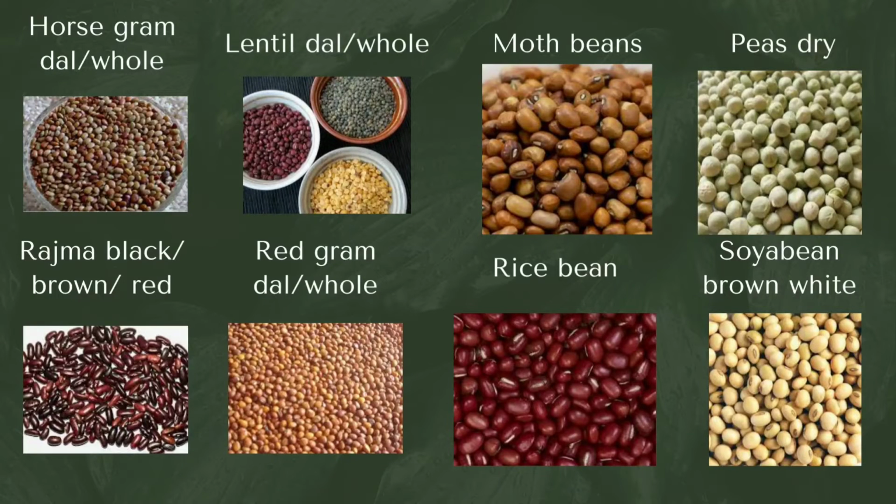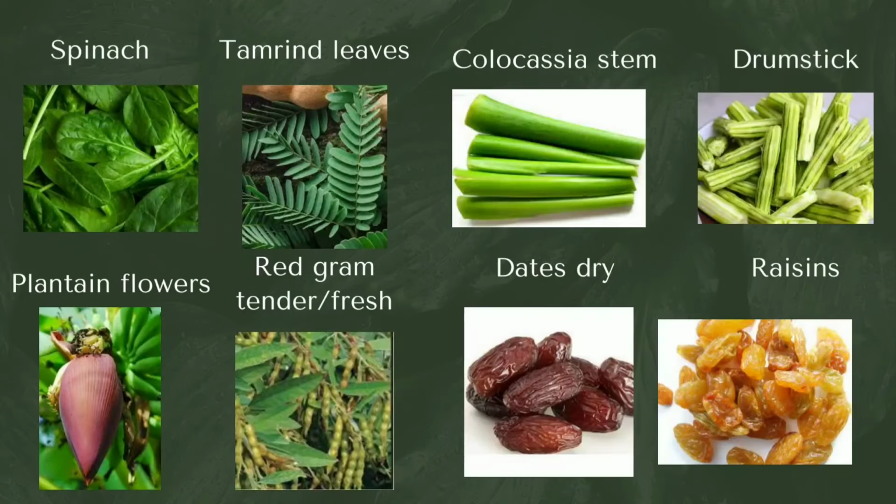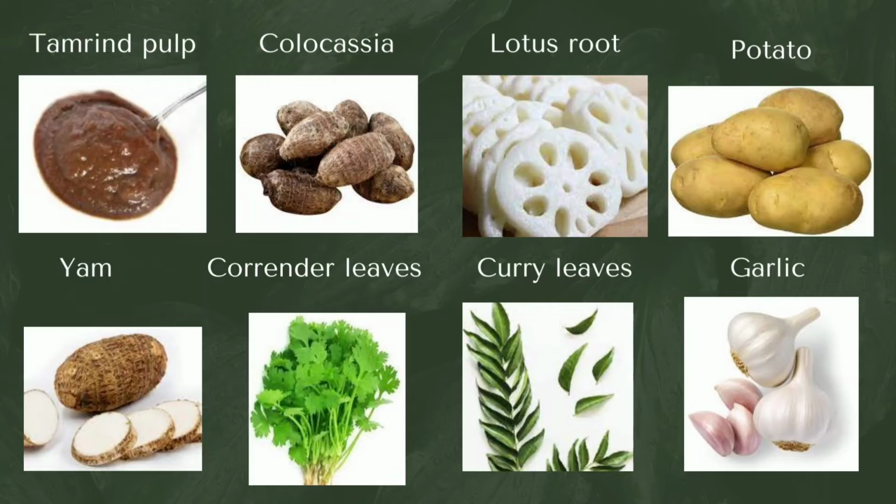beans, peas dry, rajma black, brown and red, red gram dal and whole, rice beans, soya bean brown and white, agati leaves, amaranth leaves, beet greens, betel leaves, colocasia leaves, mustard leaves, parsley, pumpkin leaves, spinach, tamarind leaves, colocasia stem, drumstick, plantain flower, red gram tender and fresh, dates that are dry, raisins, tamarind pulp,